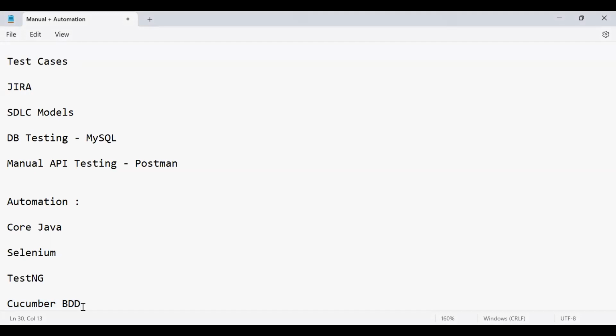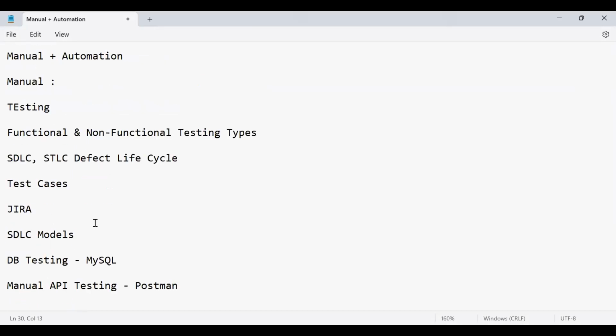So after Cucumber BDD, I'll also share a mini project with you for your hands-on. Obviously, I'll be giving you regular tasks so that you will have some hands-on practice. So manual testing and SQL, how many days? So manual testing will totally take, starting from your theory till